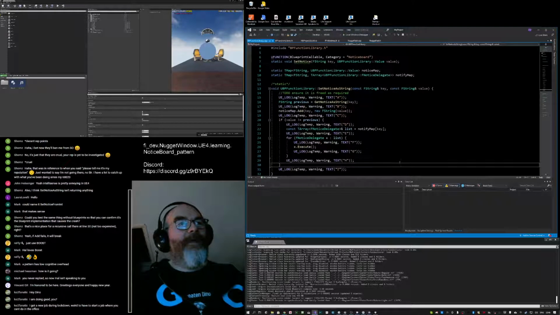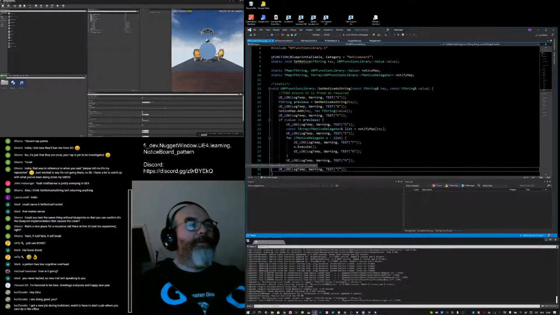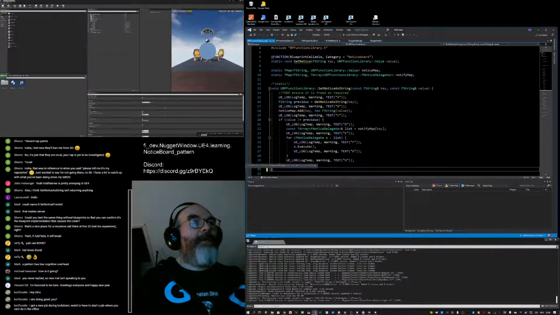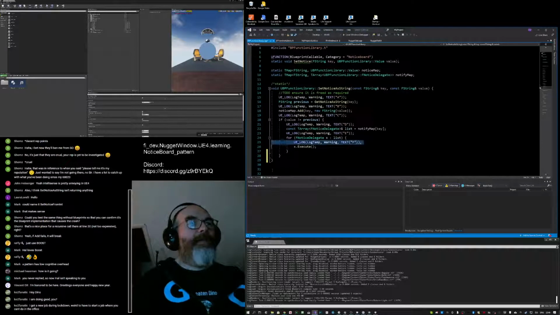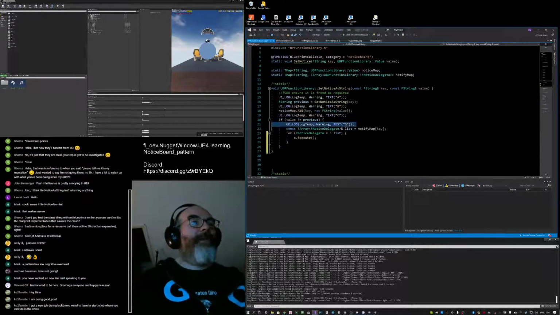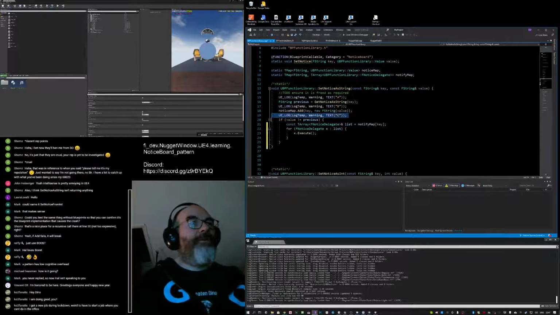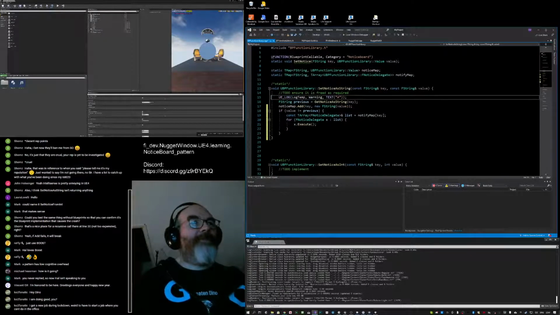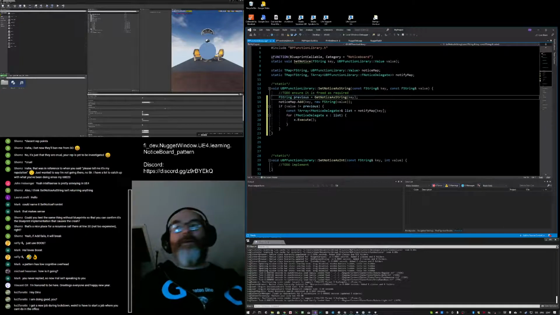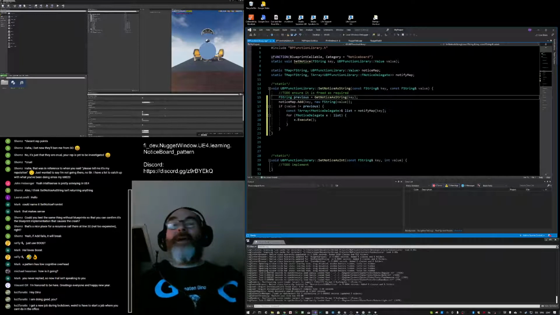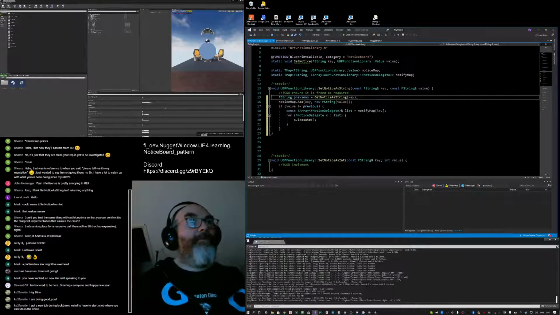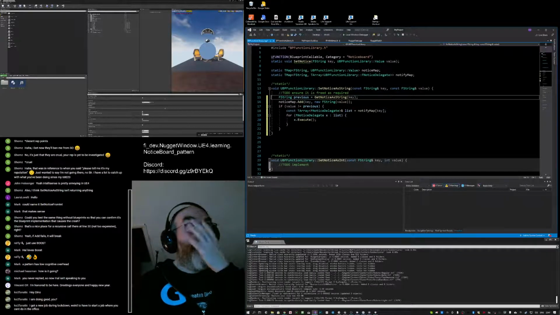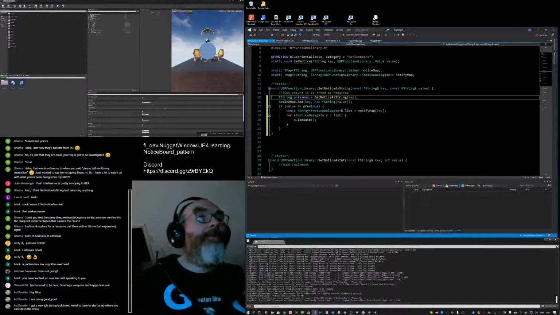Normally, what I do in Unity to cater for this is have logging to a file and use write all text, because that actually writes it to the file immediately. So if the thing then crashes, you have a record of it.